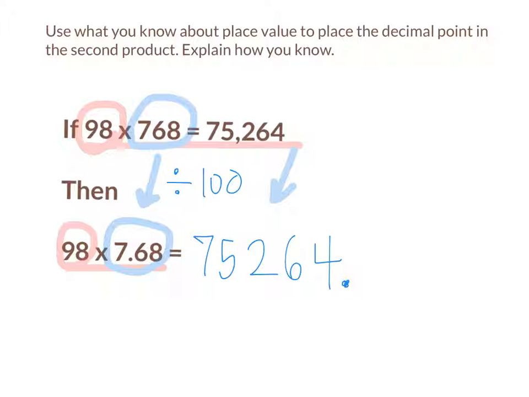And so if I need to divide by 100, I need to move it 1 time to the left and 2 times to the left. So Stella, you are right. The decimal point needs to end up in between the 2 and the 6. So do you guys see how you can use given equations